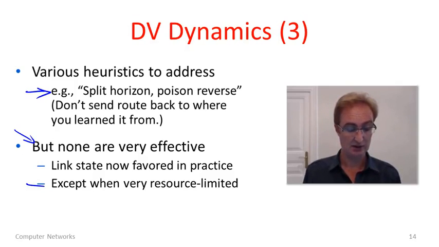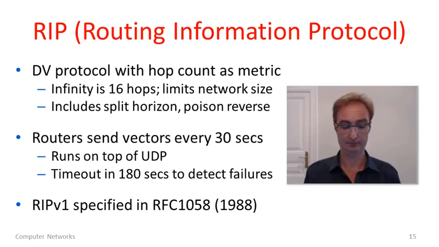One exception is that distance vector is really very lightweight. All you're doing is keeping this distance vector and propagating it. No complicated graph algorithm. So you can use distance vector when you're very resource constrained, might be one exception. Okay, so distance vector